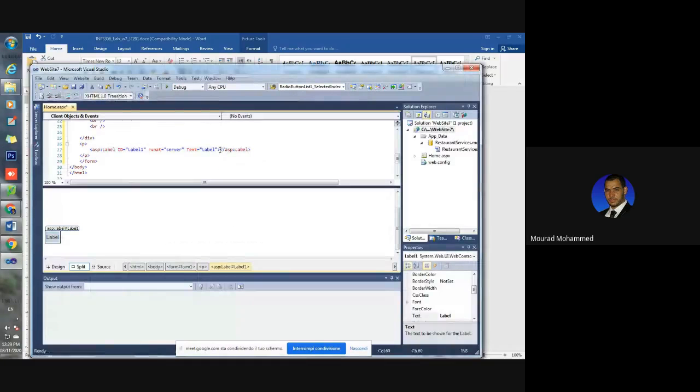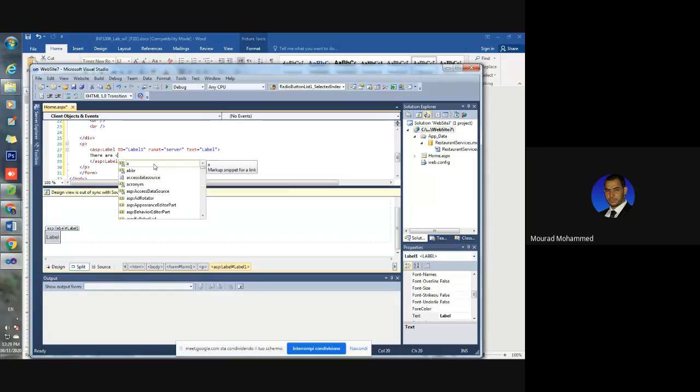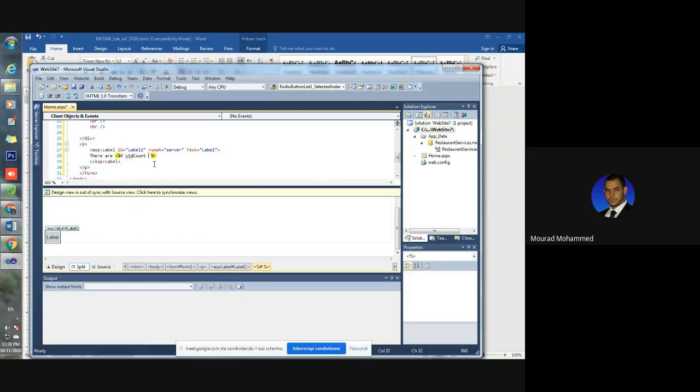So here, in between the opening and closing label tags, I'm going to type the text I need. There are <%# I'm going to write the same name, count, and close the expression. Less than, actually, it has been written automatically for me, that's great. So continue, I'm going to say attendant the